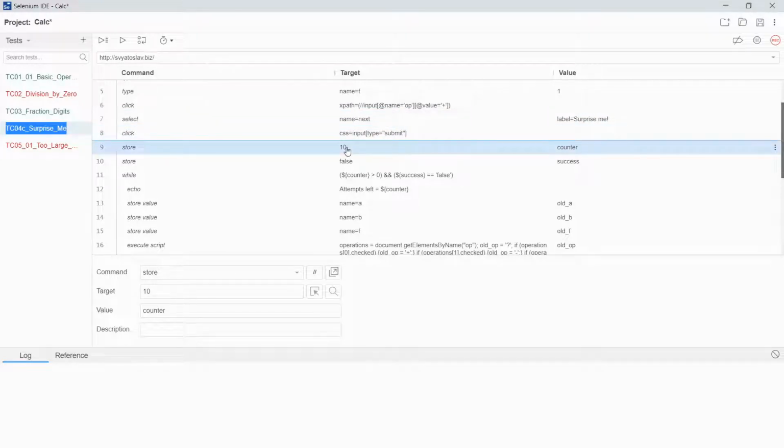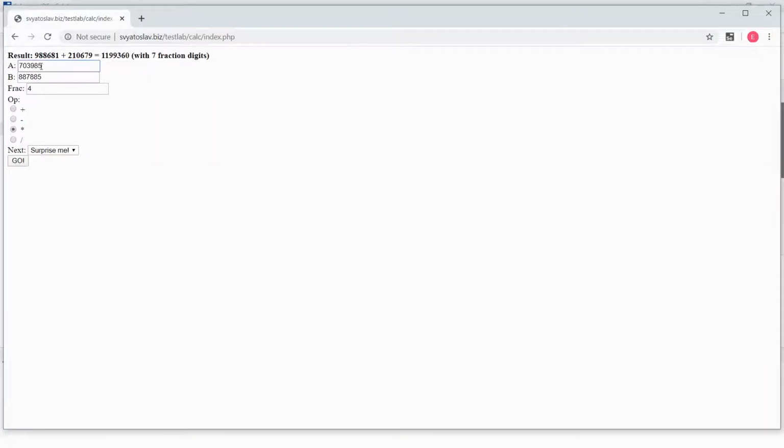Then we have to give the application several attempts. Why so? Let's switch to the application. Of course, the probability that this and this or this number will change is rather high. But the probability of changing of this radio button is only 75%. So I have a 25% probability that this radio button will not change. That is why we have to give the application several attempts, hoping that not only these fields will change, but this field will change too.